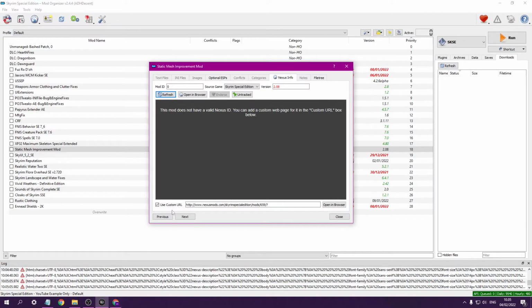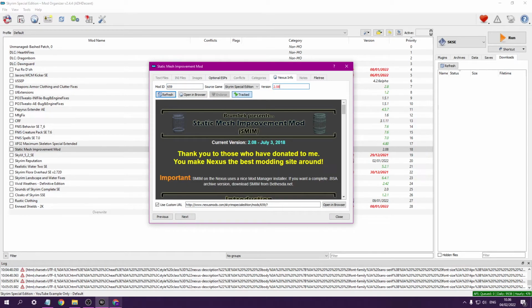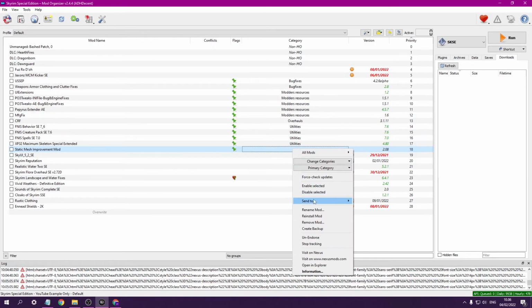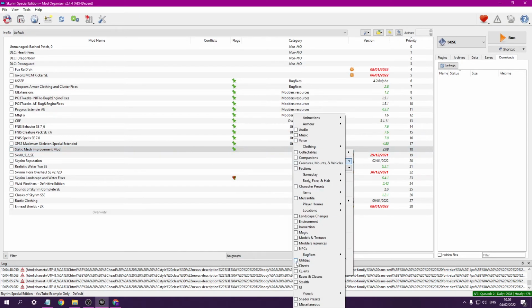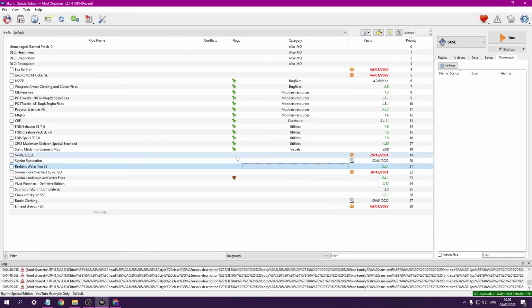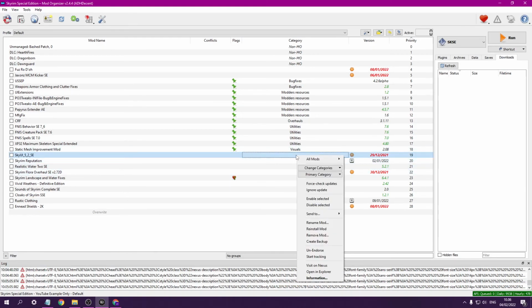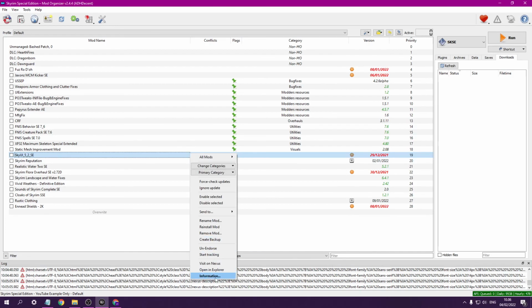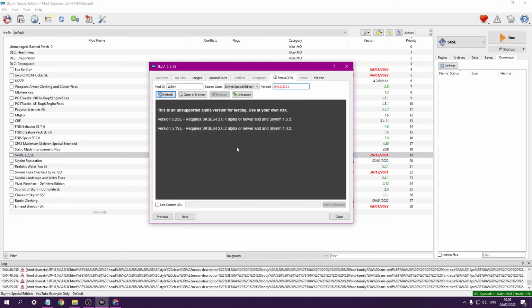If you invest a little of your time in the organization of MO2 now, you may save yourself so much time in the future. These small features of MO2 really allow you to be in full control of your mod setup regardless of how many mods you have installed. And if you're someone like me, I find it very easy to lose track of things. So this is just an excellent example of how to make things easier for yourself.